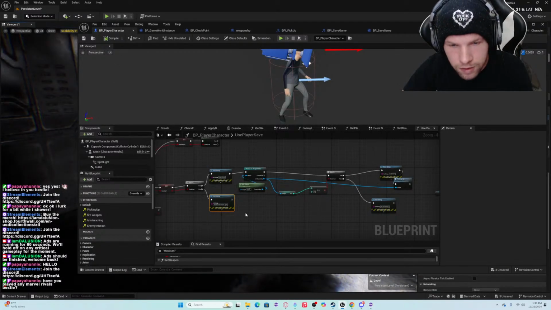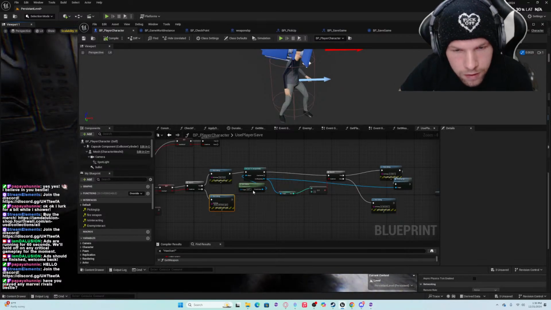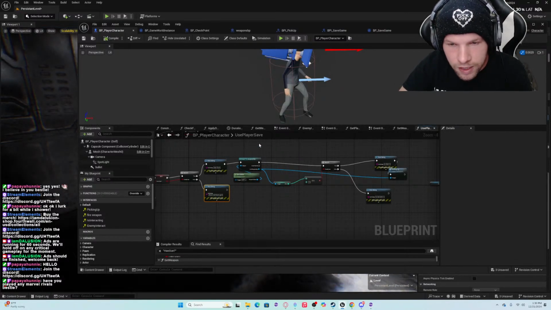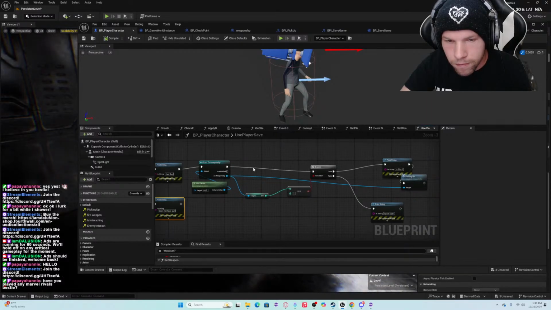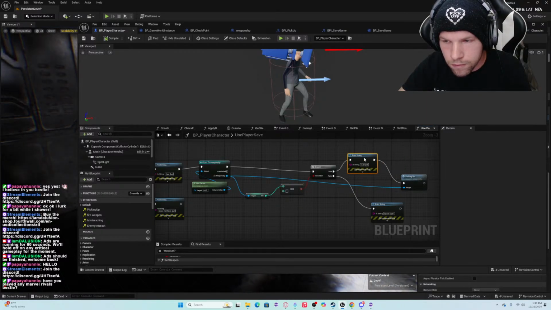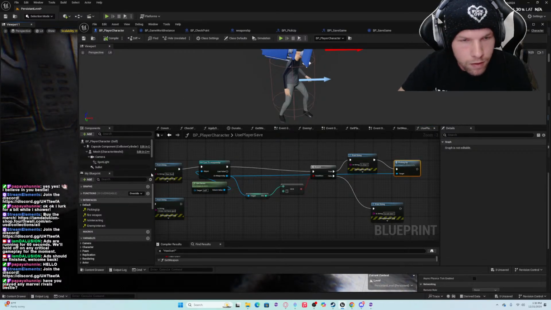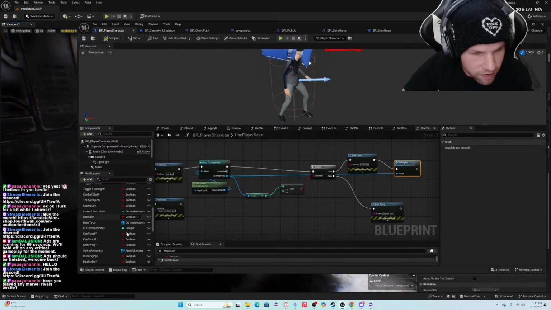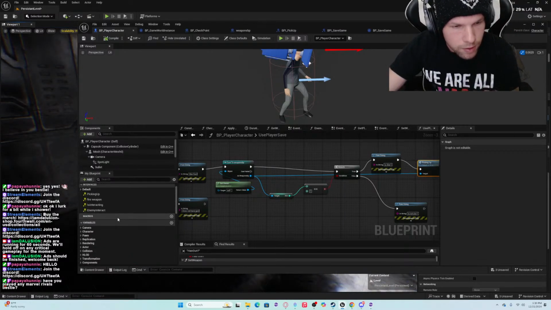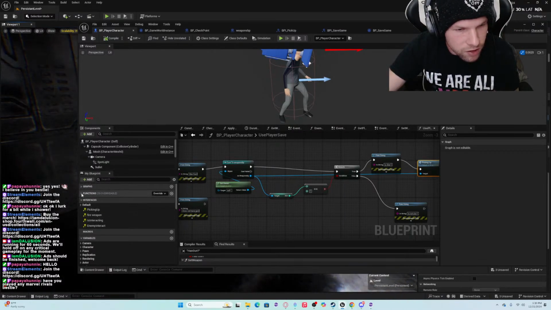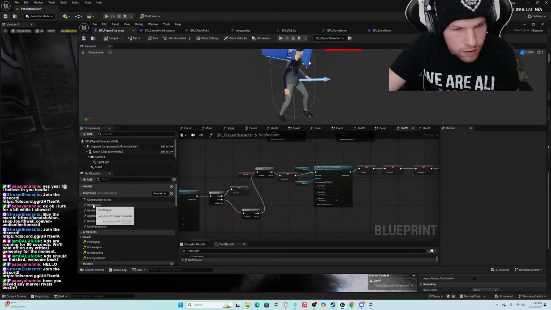Okay, so we have the gun. Let's see here. Real quick, let me look at the other variables. I'm gonna look at some of my other functions real quick. Set weapon.